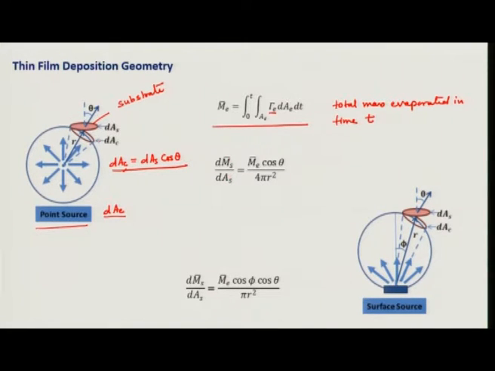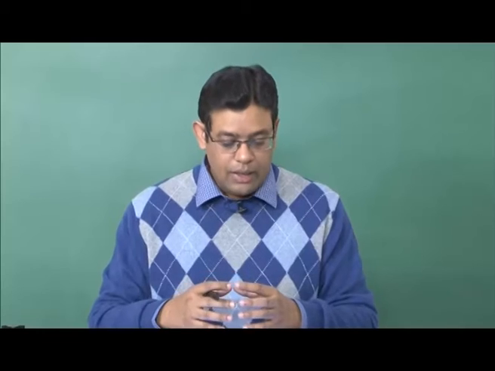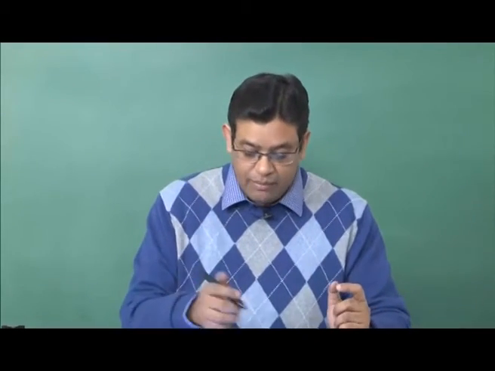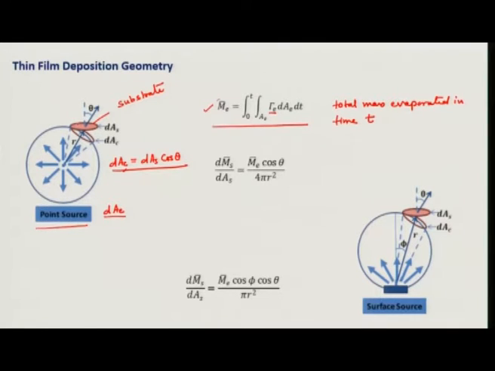Okay. Now, from this expression you can see that total mass evaporated into cos theta divided by 4 pi r square. Why? Because this entire area of 4 pi r square of the sphere is going to receive what is being vaporized here. Okay. So, it is not that the whole amount or whole mass is going to my substrate, it is going in all directions. Okay. Since it is going in all directions and I am capturing only a small area of that, then I have to divide it by 4 pi r square.